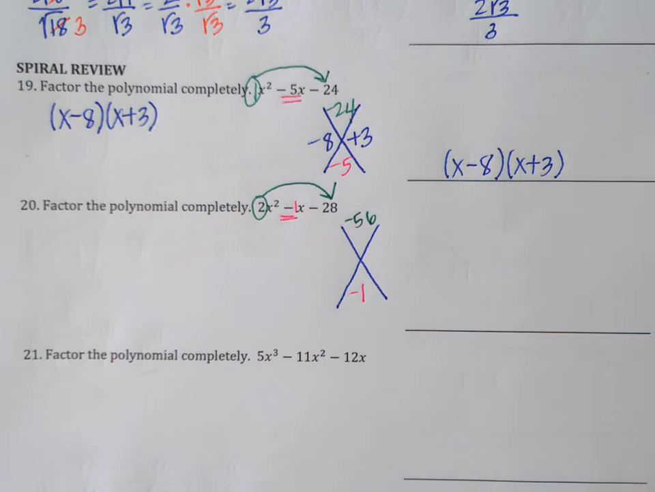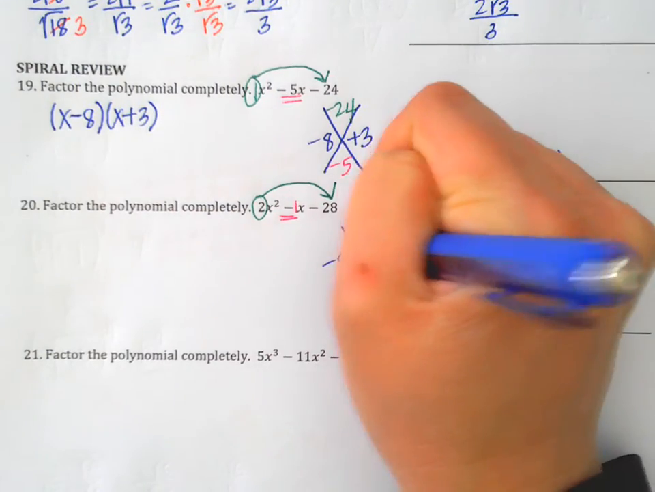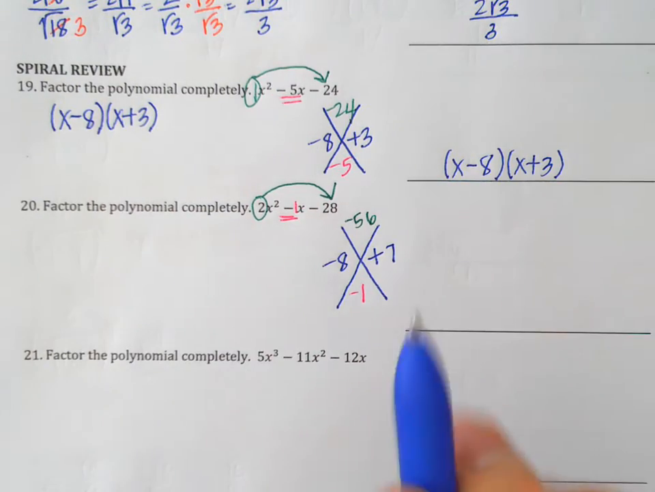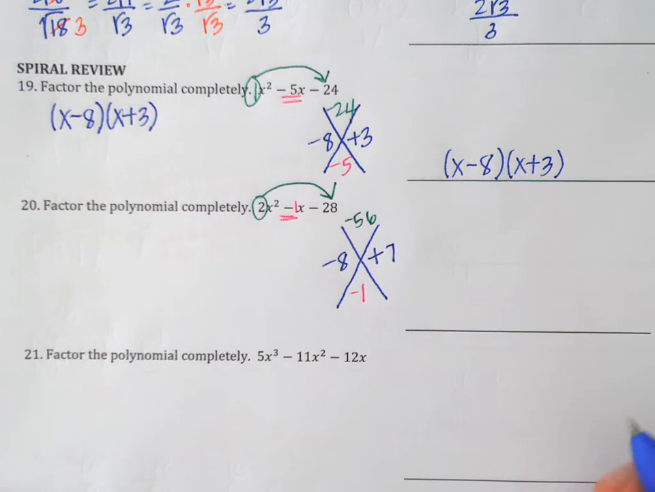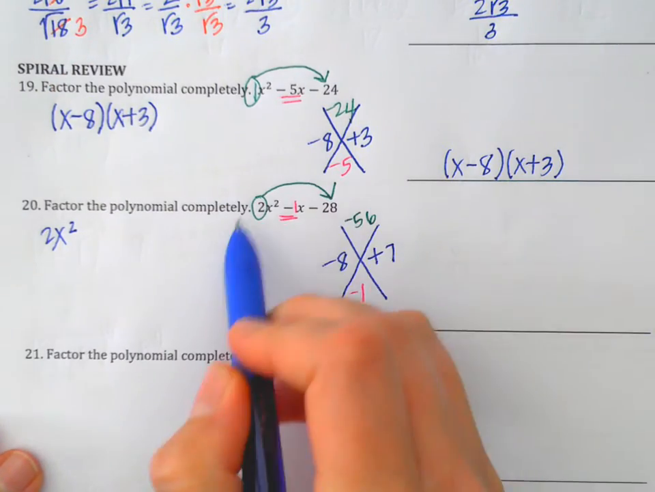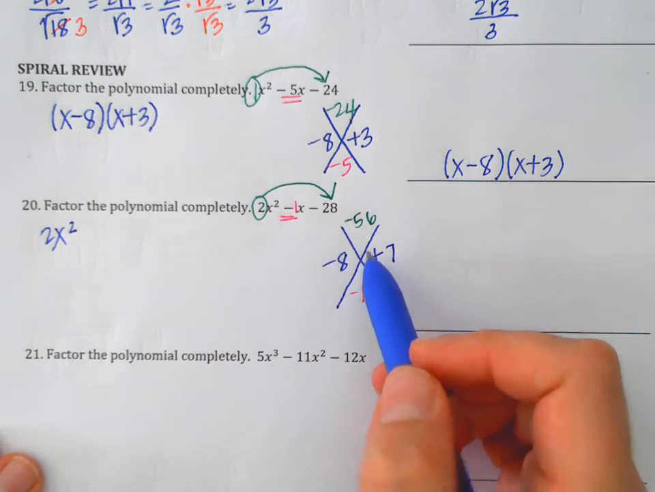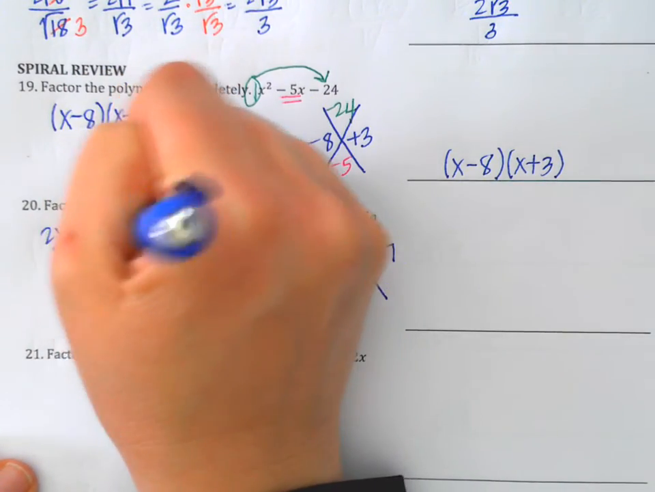Well, again, you guys can go to your 15 by 15 chart. You can use your calculator, whatever tools you have. But those two numbers are going to be negative 8 and positive 7. Now, a is not equal to 1, so we have to split the middle term here. So 2x squared, I think what goes better with 2, the 8 or the 7? And I think the 8 does. And then 7x